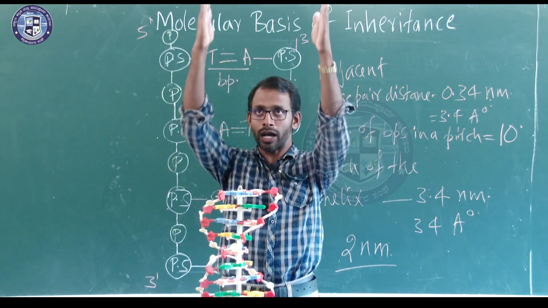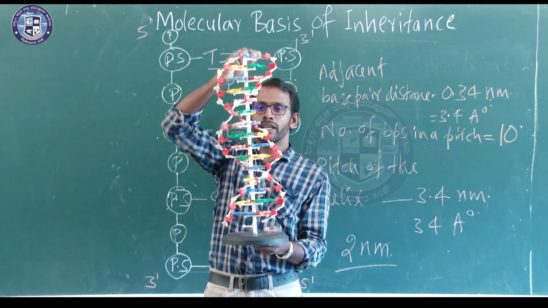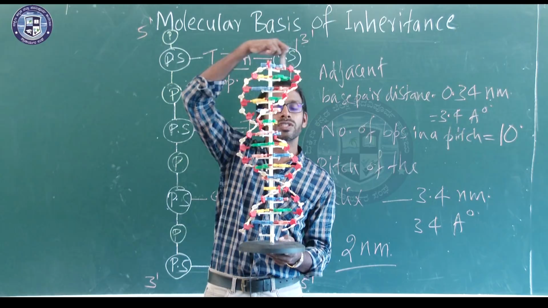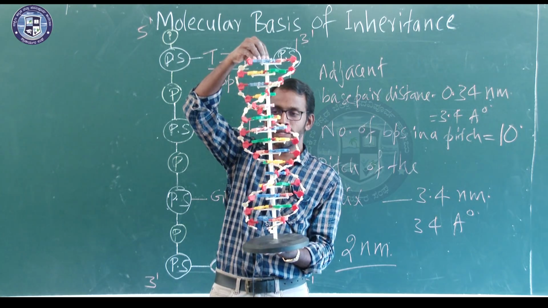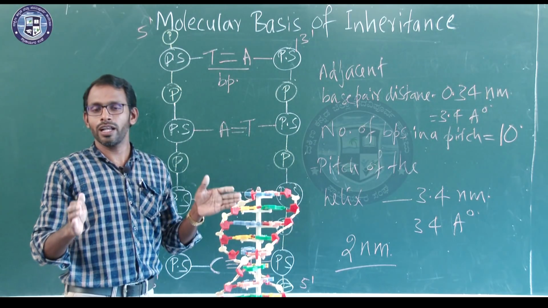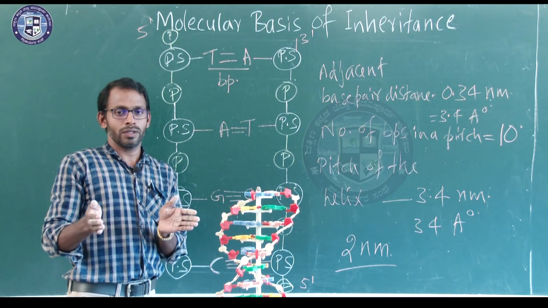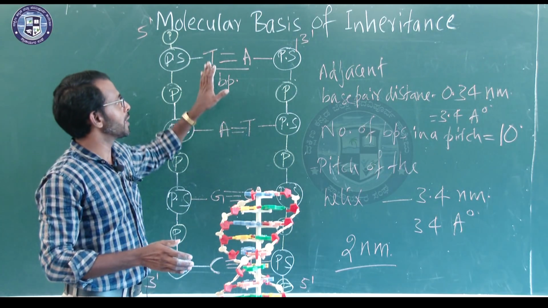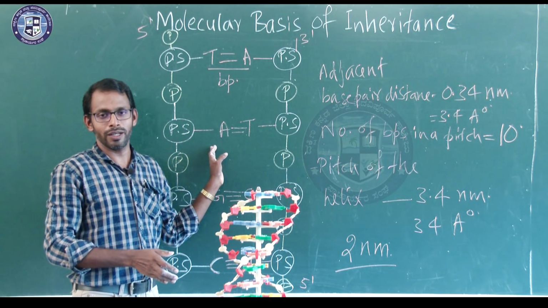That is why you see now this ladder in the final structure is arranged in the form of a helix or in the form of a spiral step. Hope you got the idea. Now, with this particular structure as proposed by Watson and Crick, by taking the help of Rosalind Franklin and Maurice Wilkins, and also the aspects mentioned by Erwin Chargaff, finally they were able to propose the double helix model of DNA.